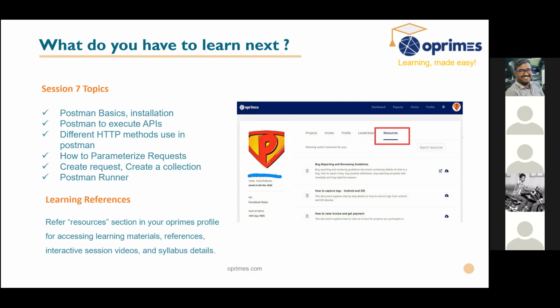So we have three things in API testing. First, the contract: what parameters should be sent, and what authentication should be sent. Second, the business logic behind it, I mean, on hitting the API, what should happen. Third, whether it is reflected correctly in the database. The requirement also tells you which table in the database has to be updated on hitting this API. All this will be given as a requirement.